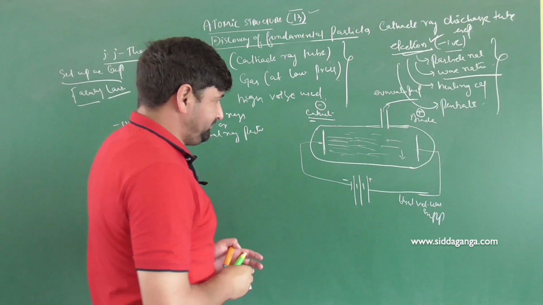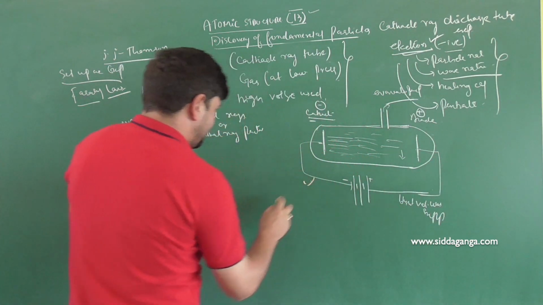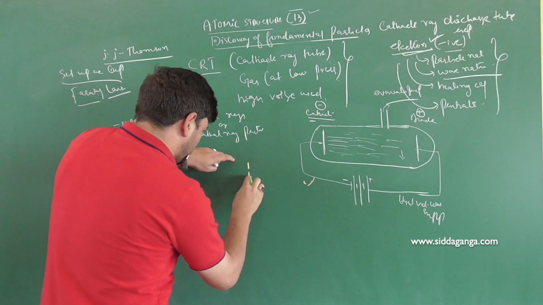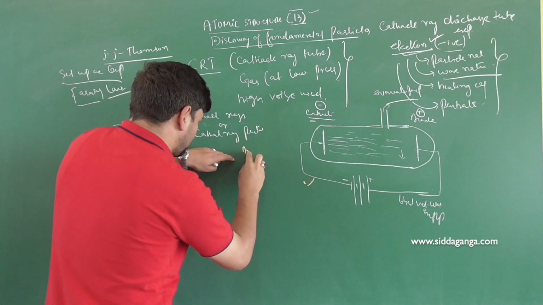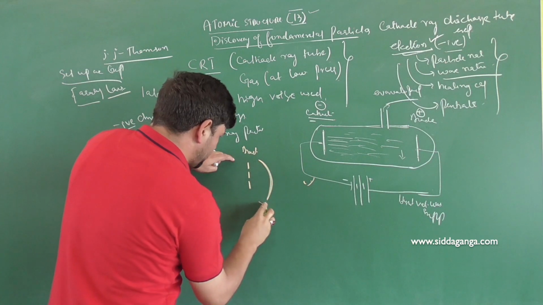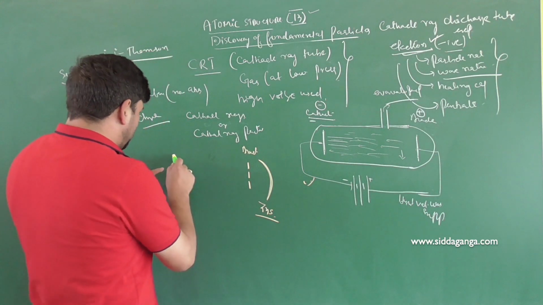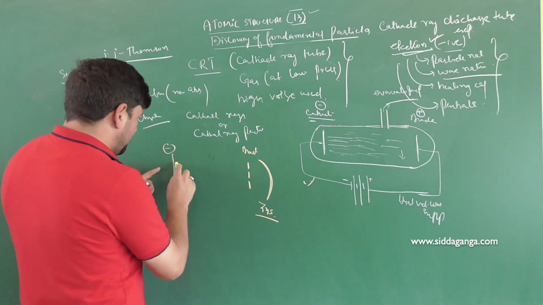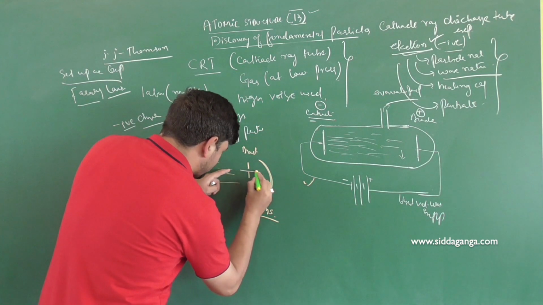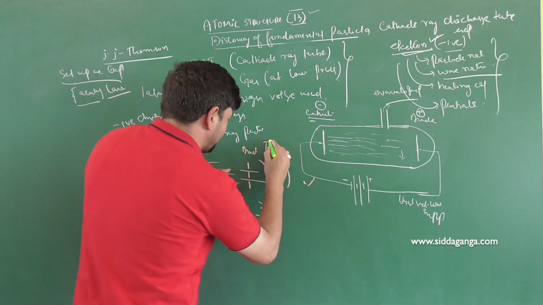What else they did is, they created perforation. Suppose in the next setup, they created some perforations on the anode, and on the back of it, they kept one photographic film, a fluorescent film like zinc sulfide. Now, as these particles kept on moving, kept coming, they passed through this, and wherever they hit, they created a tiny flash, or they created fluorescence.